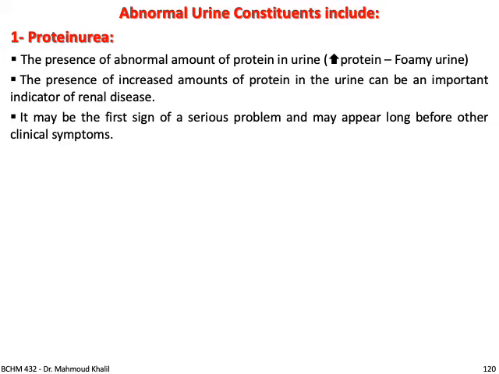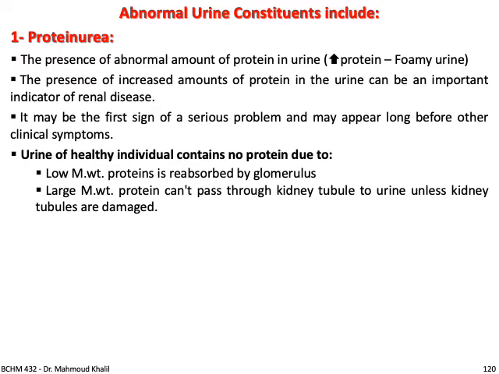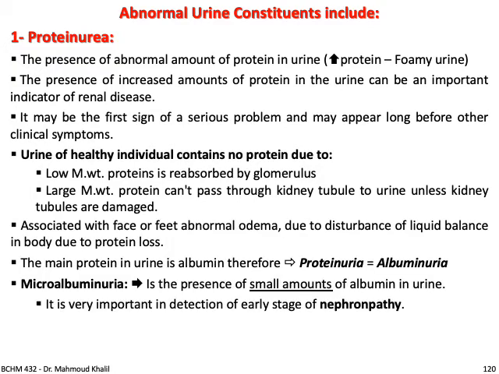Abnormal urine constituents include proteinuria, which is the presence of abnormal amounts of protein in urine, and gives a foamy urine. The presence of increased amount of protein in the urine can be an important indicator of renal disease. It may be the first sign of a serious problem and may appear long before other clinical symptoms. Urine of a healthy individual contains no protein, because low molecular weight protein is reabsorbed, while the large molecular weight protein cannot pass through the glomerulus